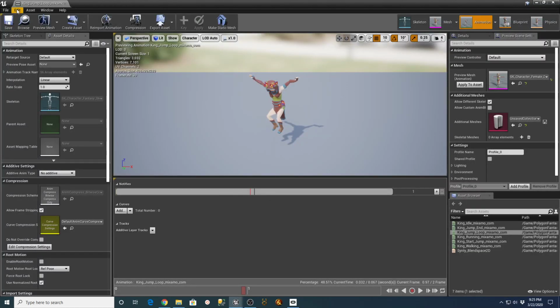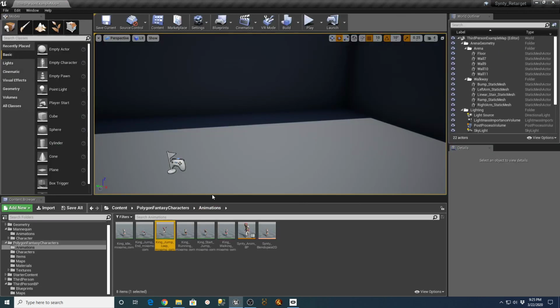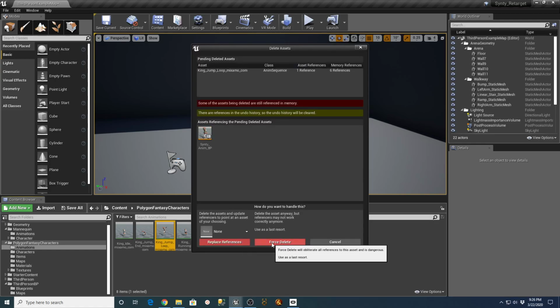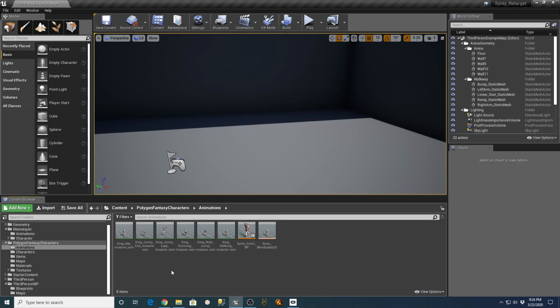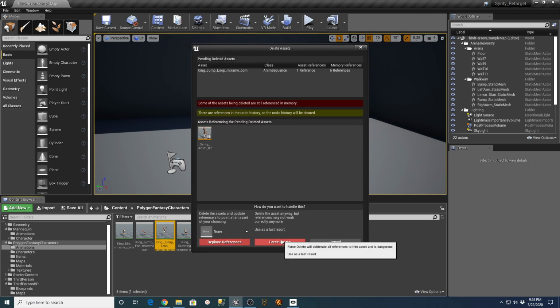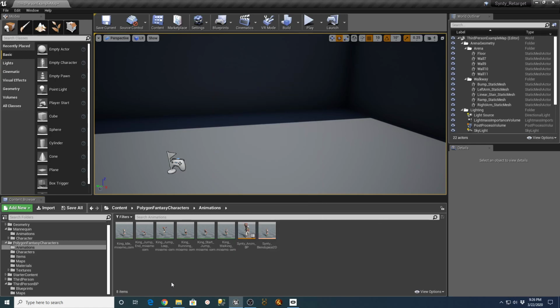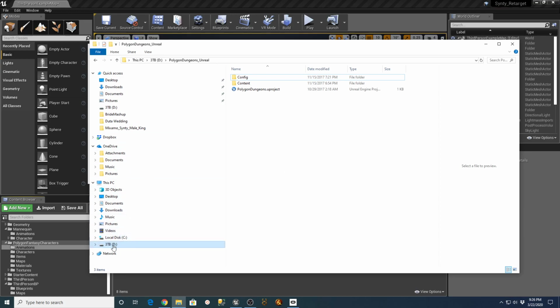And then we need to do the same thing out here. King jump loop needs to get deleted. Actually, yeah, I don't think it deletes. I'll just pull the other one in. So I have to give it a different name. So we'll call it King Jumping Loop.